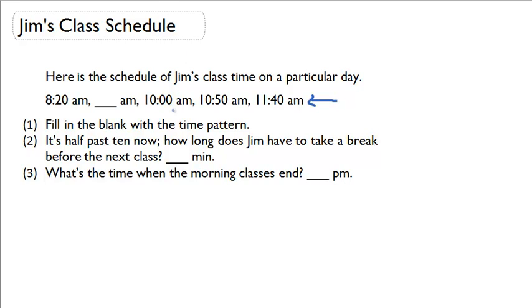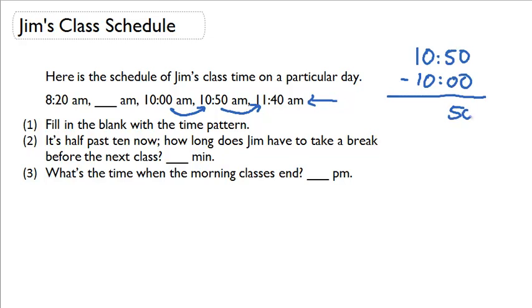In order to find the pattern, we need to find the difference between each set of time. So let's cover this one first. 10 a.m. to 10:50 a.m. In order to find the difference, I need to subtract. And when I subtract, I get 50 minus 0 is 50, and 10 minus 10 is 0. 50 minutes. So let me just go back here and write 50 minutes real quickly as a reminder that that